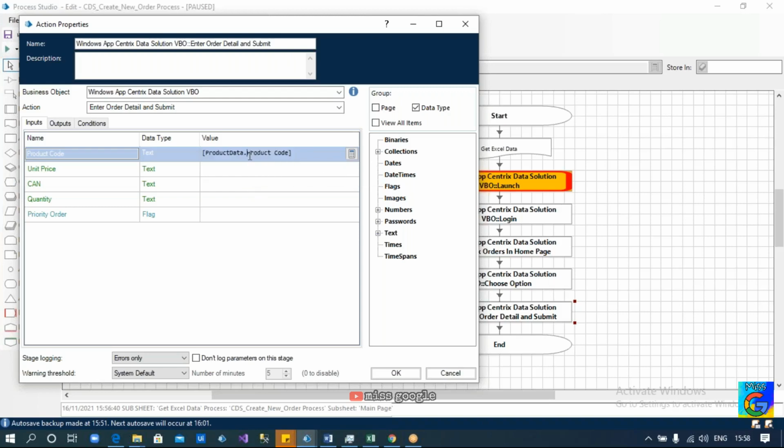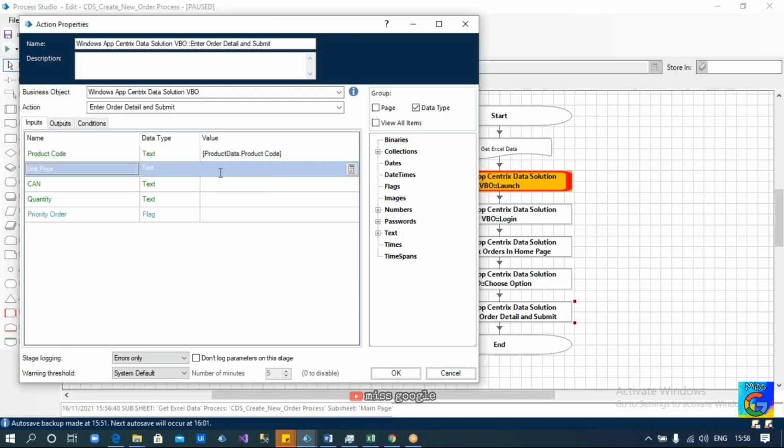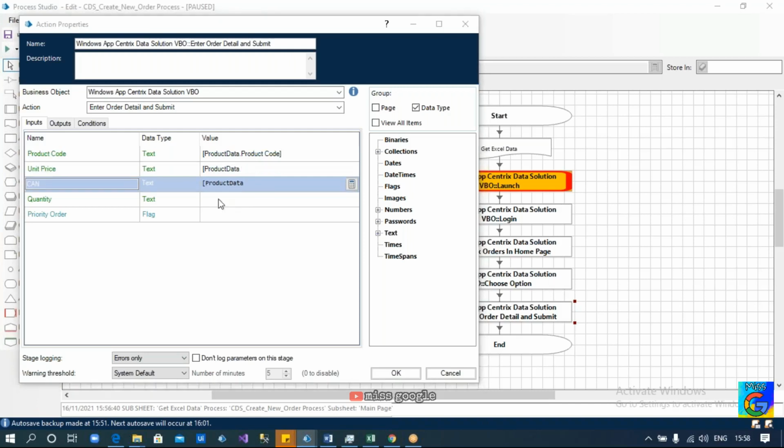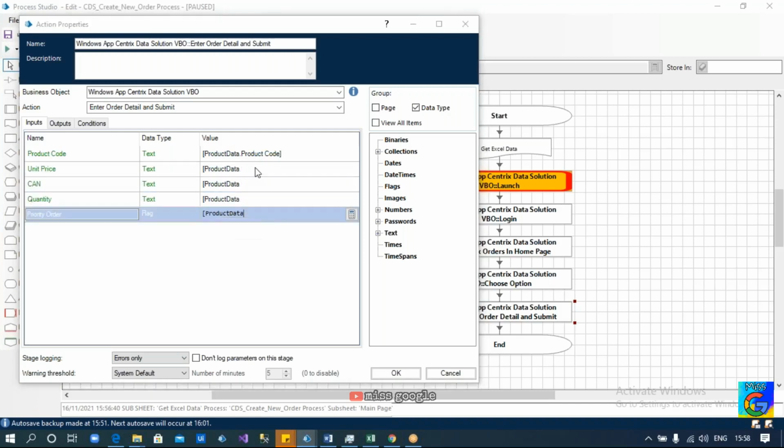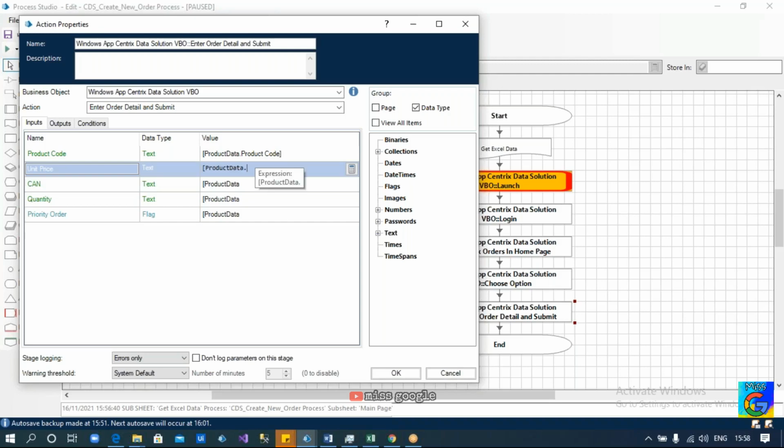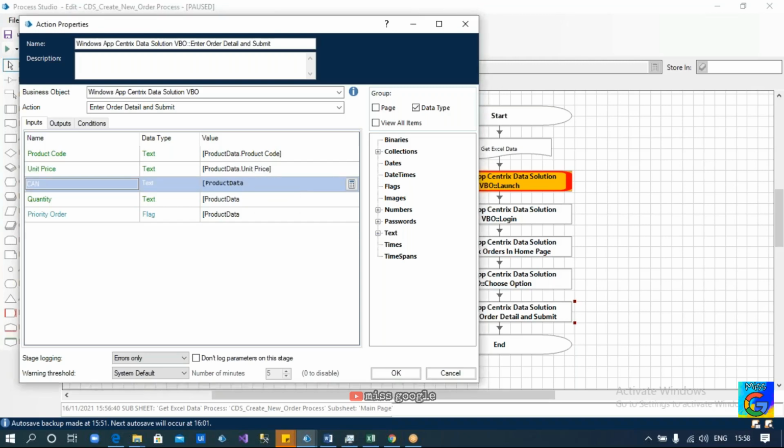Similarly, all the fields will be in the product data collection only, and the only thing we need to define is dot unit price, close the square brackets, dot customer account number. See, name and the field name,